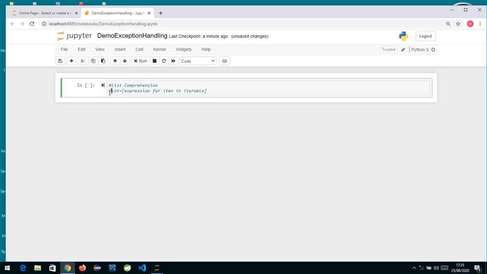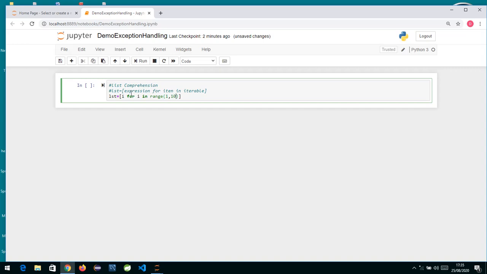If I put a hash and write a comment, suppose I write LST is equal to I for I in item in what iterable type. Now I can write a list, I can write range, or I can write a tuple also. So I'll write range, and I'll write 1, 10.